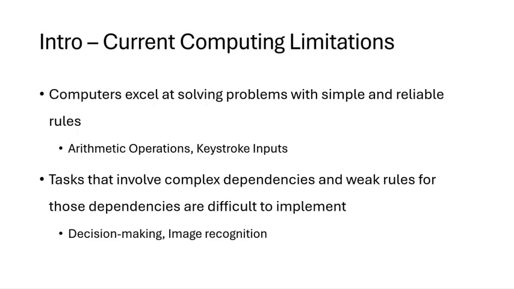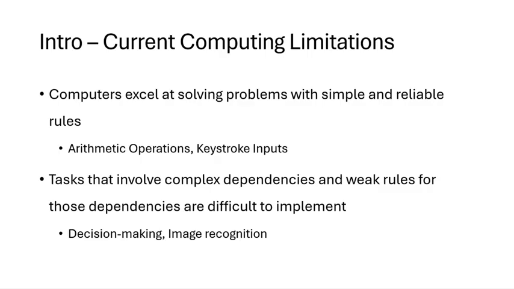To start out, I want to talk about current computing limitations. Computers excel at solving problems with simple and reliable rules, such as arithmetic operations or processing keystroke inputs. And they're designed to perform these tasks quickly and efficiently without cease to aid in various other tasks. However, tasks that involve complex dependencies and weak rules for those dependencies are difficult to implement, such as decision making